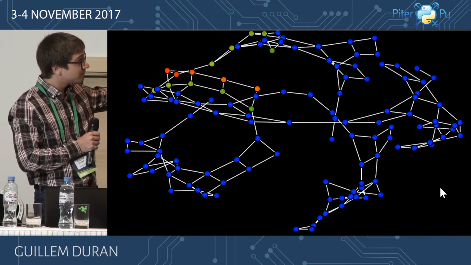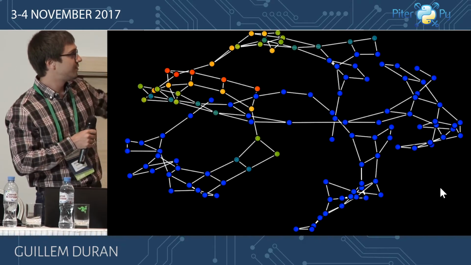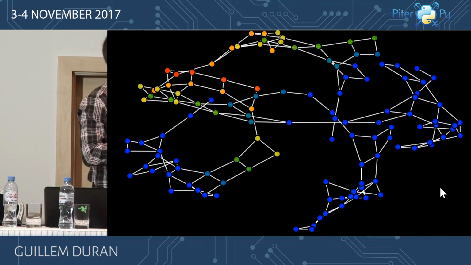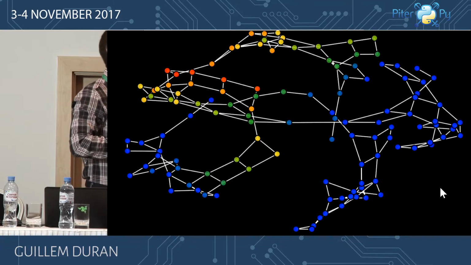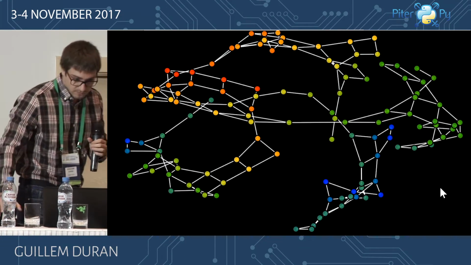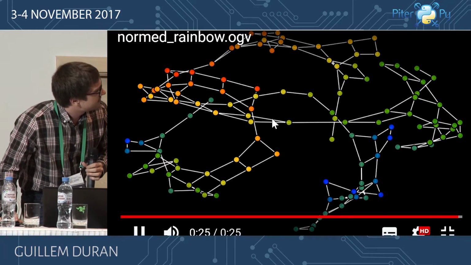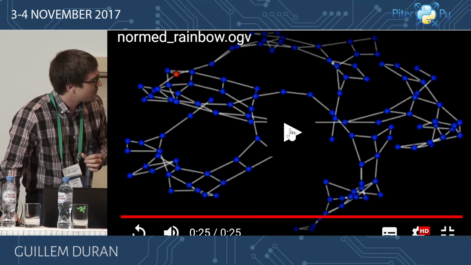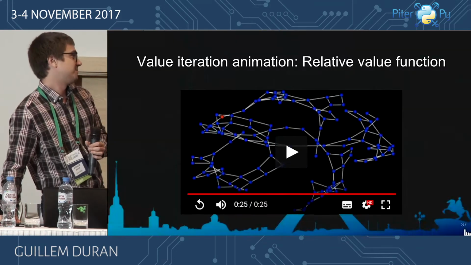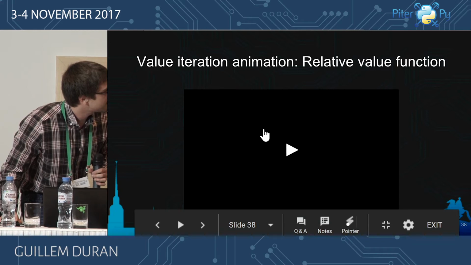Here I'm using the whole color map for each one of the iterations, so you can see how everything is spreading in, and the value function relative to the other nodes in the graph. But this kind of rainbow color map, I'm not sure if it's the most clear option that we can find, so I will show the same thing